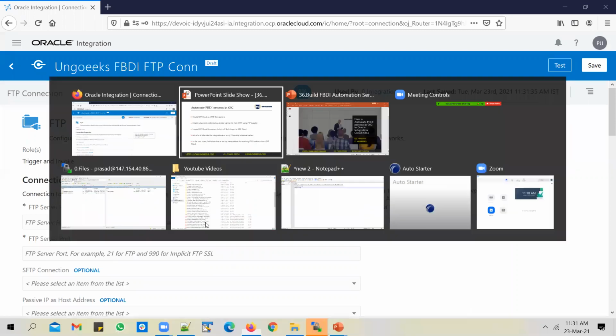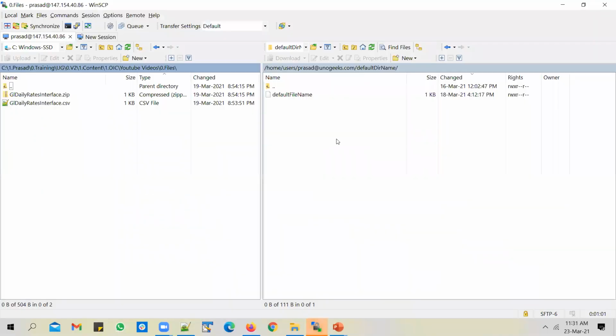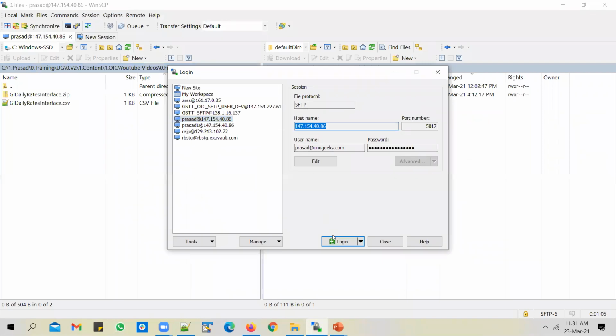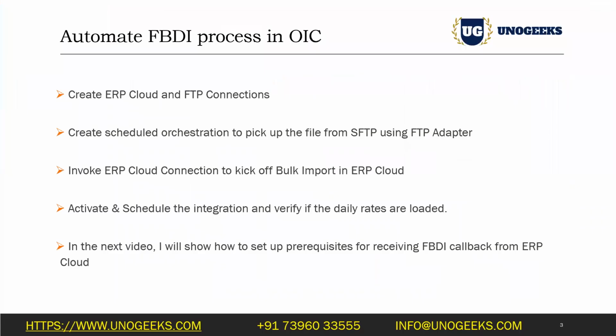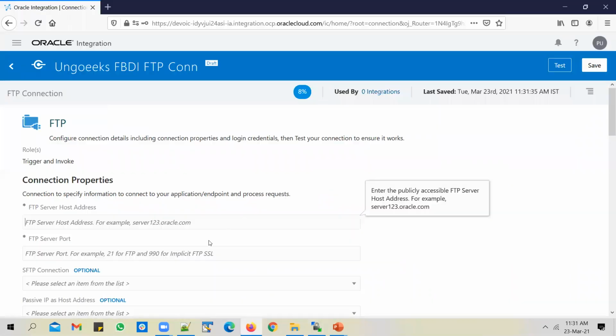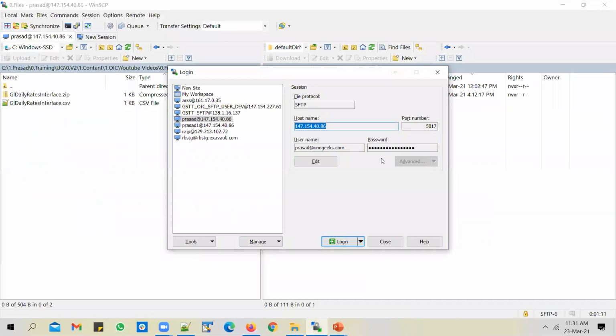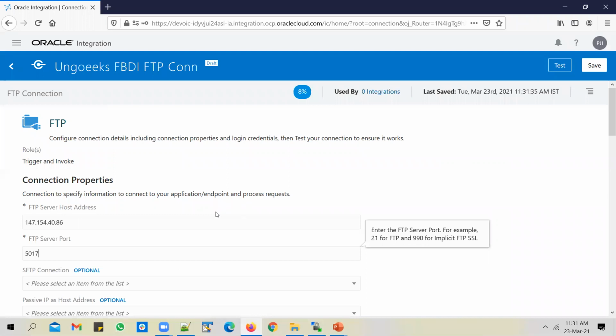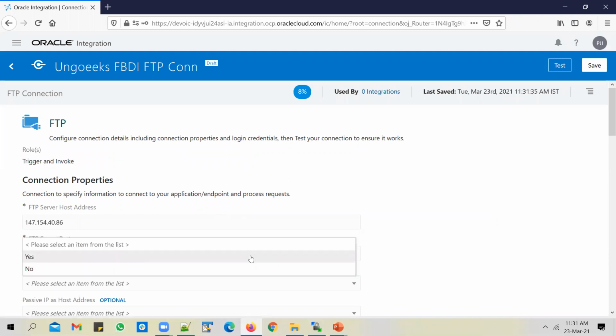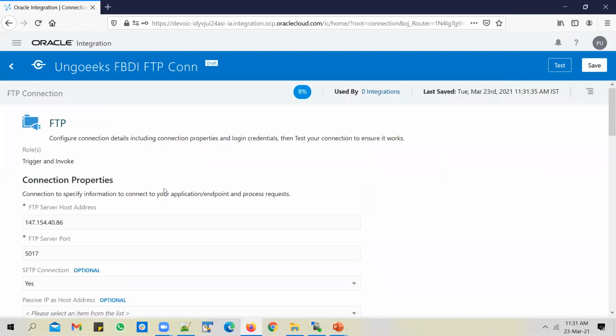You need to mention the host address here, so I'll copy the SFTP server details. This is an embedded SFTP server in OIC.